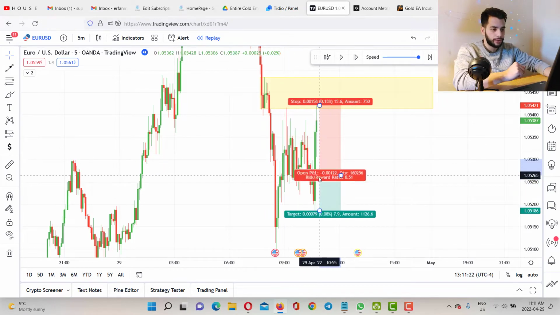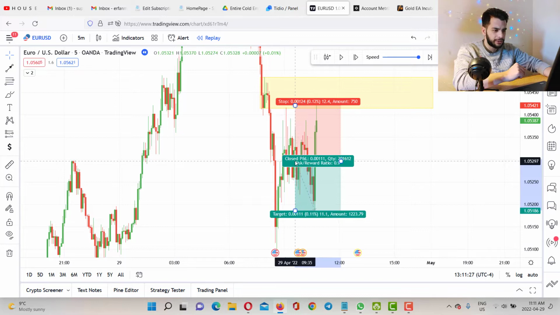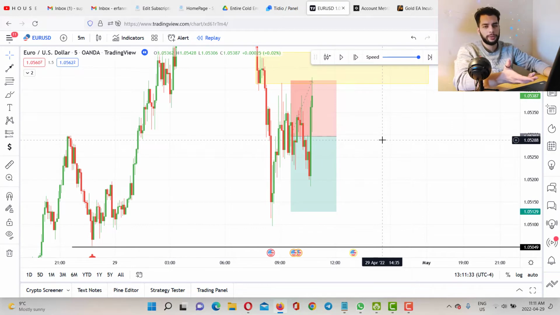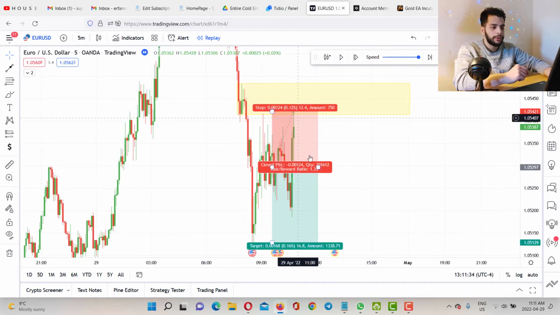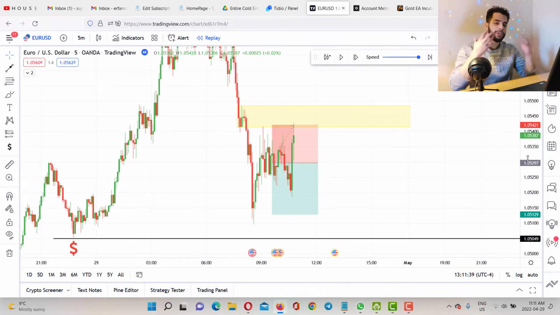Here I took my trade, I think right here, if I'm not wrong, and put my stop loss here and my TP right here. And this is how I got stopped out. It literally went up, stopped me out, and this is what happened. So that's what I'm saying. It wasn't a bad trade. I didn't trade wrong. I didn't trade opposite the trend. Everything was good. It was all about the sniper entry that I had to take